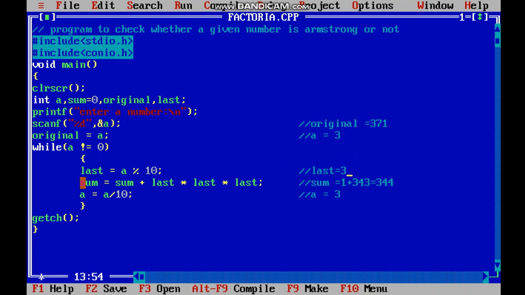Now coming here once again, first RHS will be executed and then it will be assigned to LHS. See, sum plus, sum value is 344.